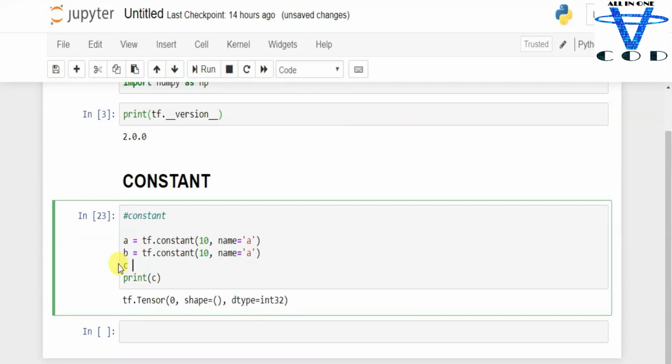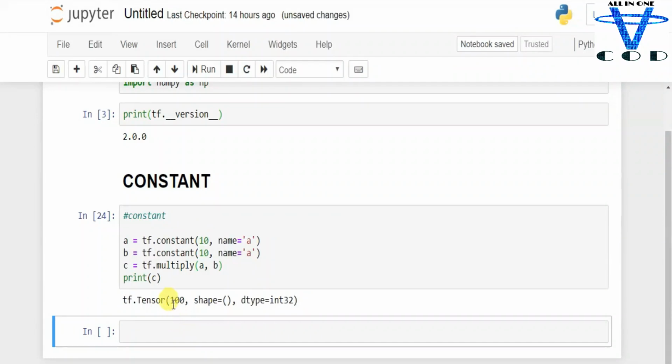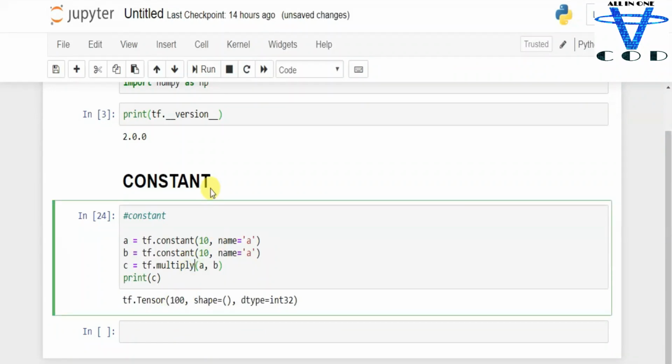Okay, now TensorFlow has its own functions. Let's say c equal to tf., if we want to multiply, we got multiply. In the parameters just pass a and b. Let's print c. You can see we got 100. So that's the same stuff. Now you are thinking why we need a multiply function. We can just do it like this,